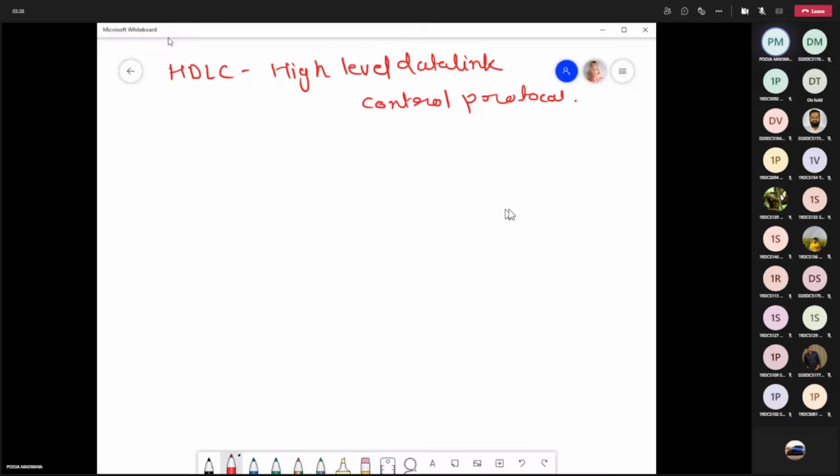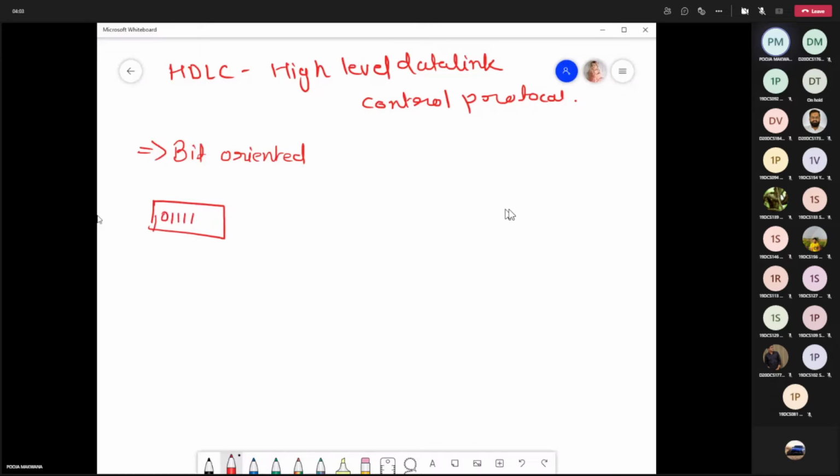And when we look at the frame format of this protocol, this is a bit-oriented protocol. Let us look at the frame format. Here, first the beginning sequence is there. Everywhere the beginning sequence of the HDLC protocol will be like this: 0, six 1s, and 0. So this is 8 bits, and then